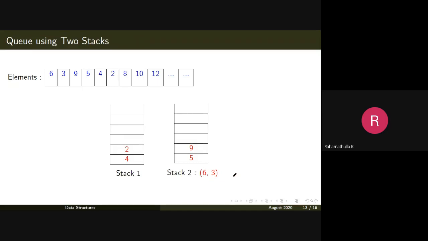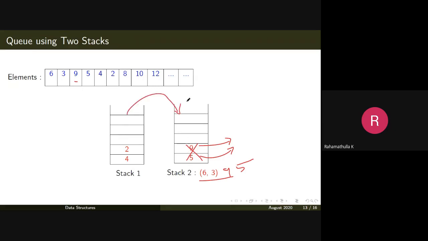4 will be inserted, then 2 also will be inserted. In stack 2, these two elements have been served based on the first-in first-out discipline. Now you call one more delete operation. Actually you need to delete 9, so you pop out this element, that's it. You call one more delete operation, you pop out the next element. So 9 will be deleted, 5 also will be deleted. Now this stack is empty. At that point of time, if you want to delete one more element, since this stack is empty, you need to copy again.